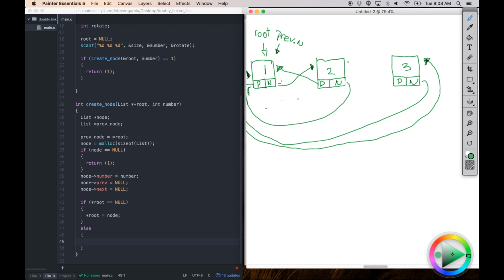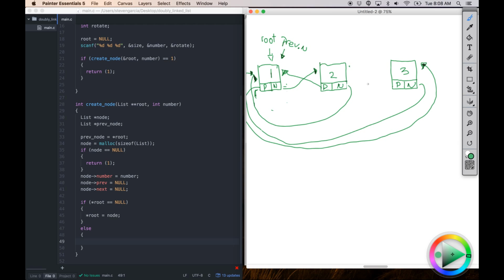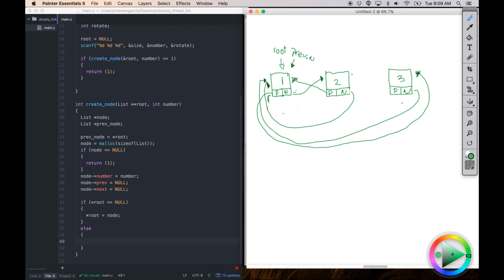Okay, so we are going to connect the next of the new node, and the previous of our new node to our previous node. The way that we're going to do that is iterating this right here, which is also going to be pointing to root. So it's going to be pointing to whatever root it's pointing to. We're going to iterate it, and the way we're going to do this is by saying if the next of this node right here, of what our previous node is pointing to, is the root,